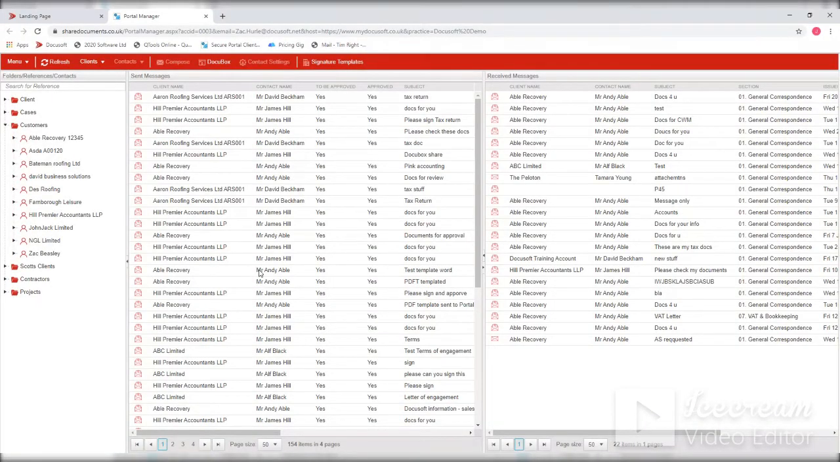So this is your view of the portal, not your client's view. You'll see I've got all of my folders down the left hand side, and then under each folder I've got every client, and if you click on any client it will show you the contacts within that client. So if I look at myself under Zach Beasley as a client,